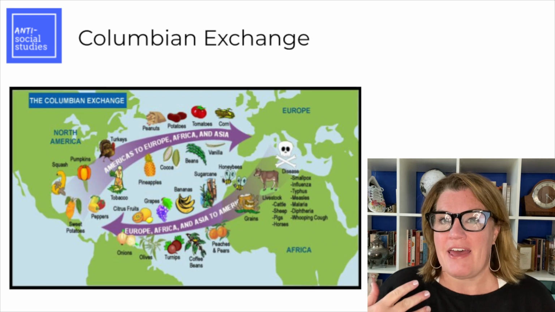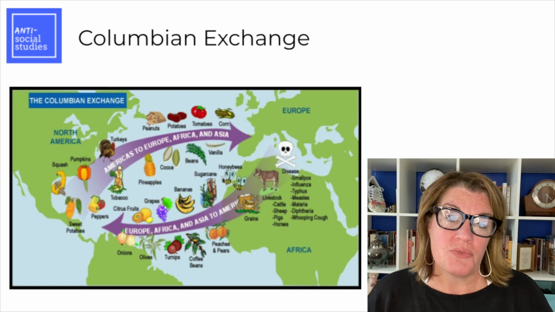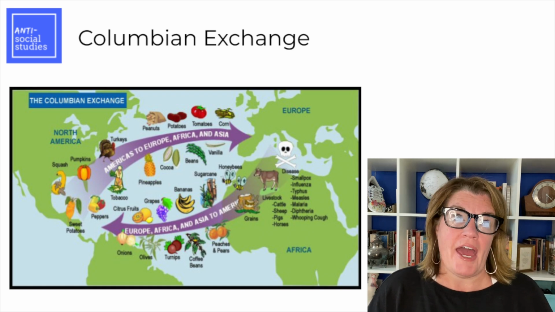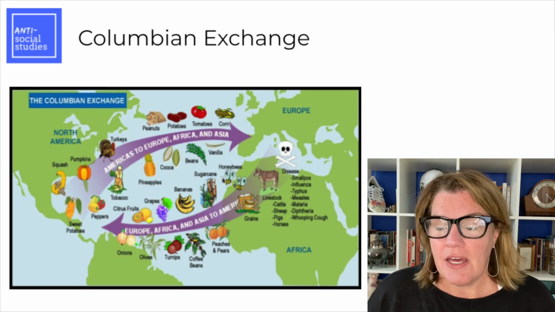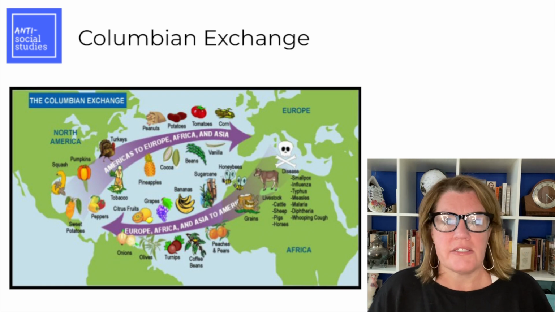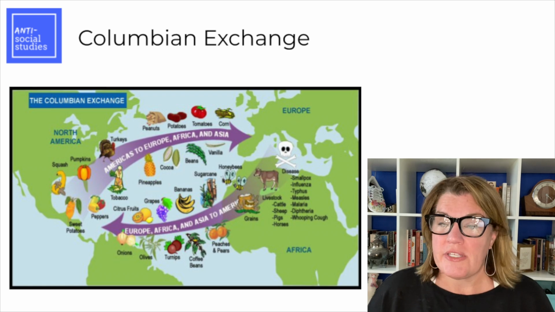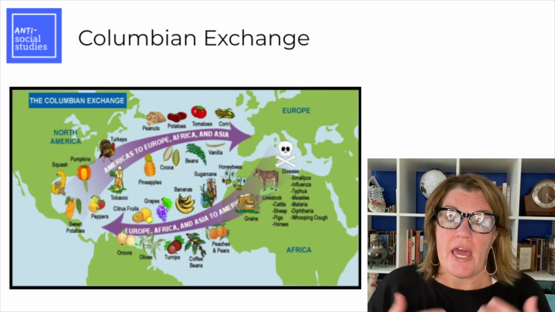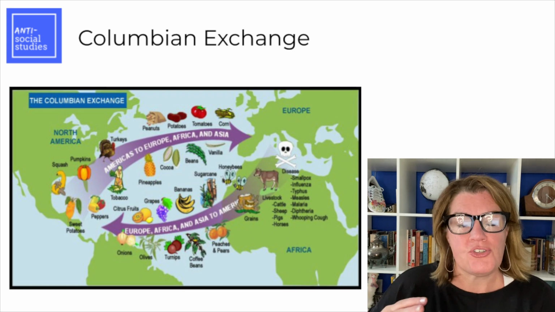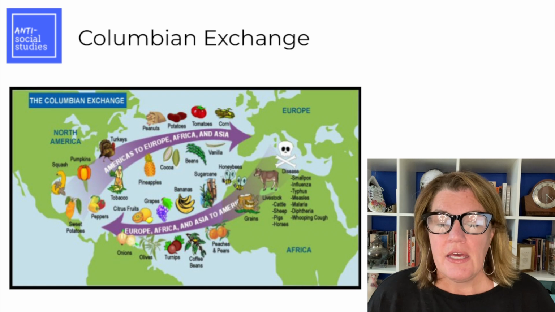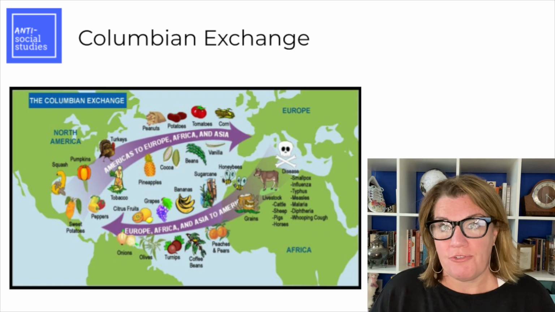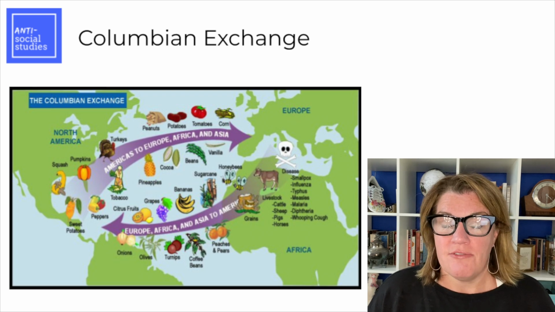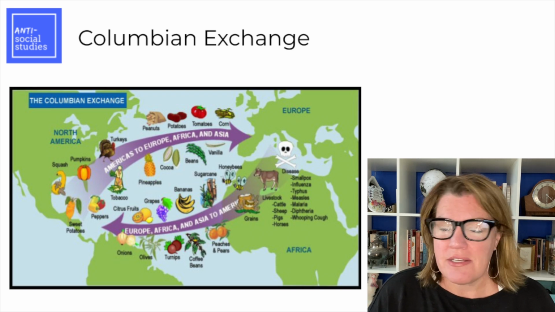The fruits and vegetables in the New World really helped to repopulate Europe after the Black Death, after the plague, after a devastation of 100 years worth of disease and famine and wars and poverty. A lot of the European population numbers rose as a result of food products and new nutrients coming into the European diet. So the Columbian Exchange is super important for you to understand as a consequence of the European conquest of North America.